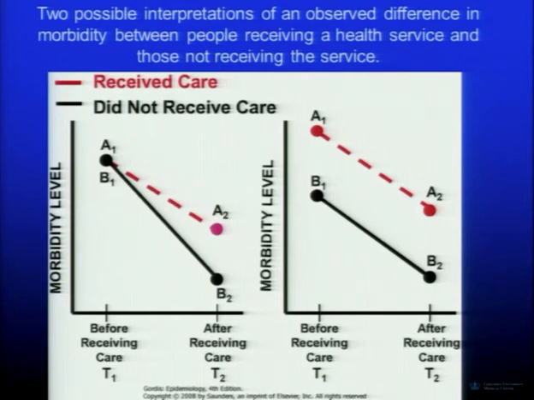Yes? Wait, is this a time measure or is it just morbidity level? Is the second graph? They're both morbidity level. So this is just before getting the care, and you actually assessed it, and here it was different. Or you make an assumption that it was the same, and then look at where it is now. And that's what I'm talking about, it's not great to have a program evaluation just at the end of the program,